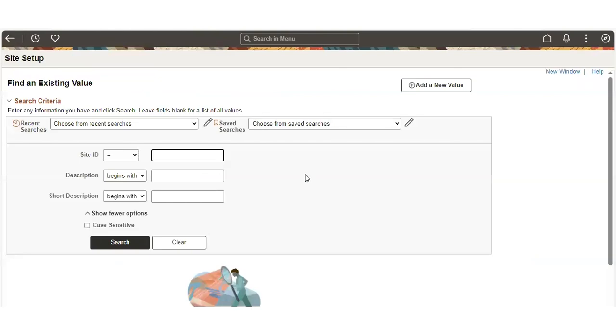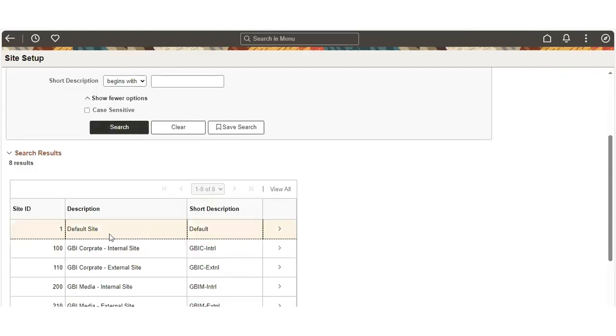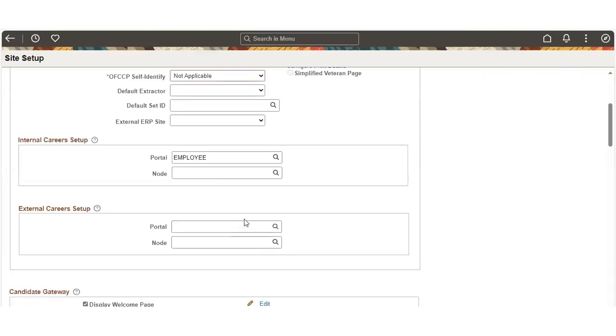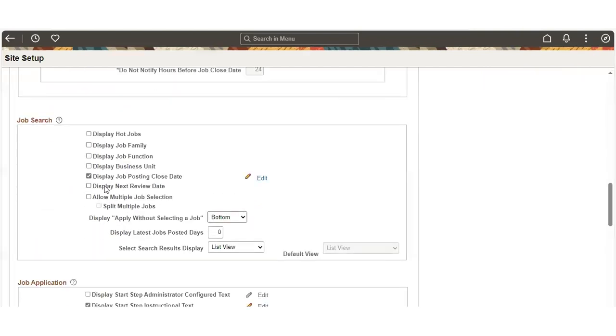I have two windows. One is logged in with recruiting administrator credentials, and another one is with candidate credentials. To enable the next review date display on the job search page and my favorite jobs page, I have logged in with the recruiting administrator credential and accessed the site setup for careers. And I'm searching for the site IDs. Default search ID is the one in which the job posting has been done. Scrolling down, you can find a job search where you can enable the display next review date option